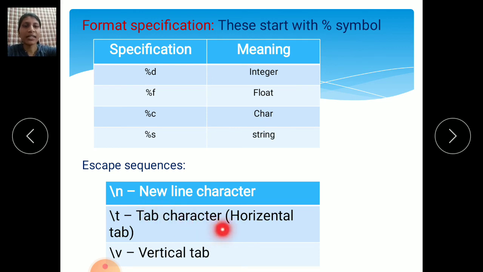This is a tab character, meaning horizontal tab. If you want to move your cursor horizontally, use this \t, tab character, horizontal tab. Then \v is for vertical tab. If you want to move your cursor one below the other, vertically, use \v. This is a vertical tab. These are the escape sequences we will use in our program.